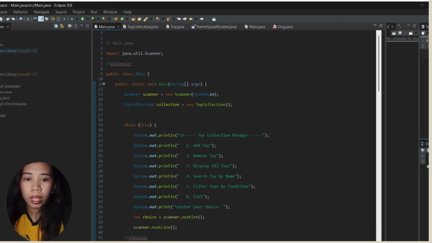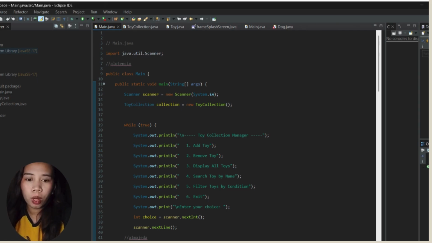Next, a while true loop is initiated, ensuring the program runs continuously until the user chooses to exit. Inside the loop, the program displays a menu using System.out.println, showing six options: add toys, remove toys, display all toys, search toy by name, filter toys by condition, and exit.